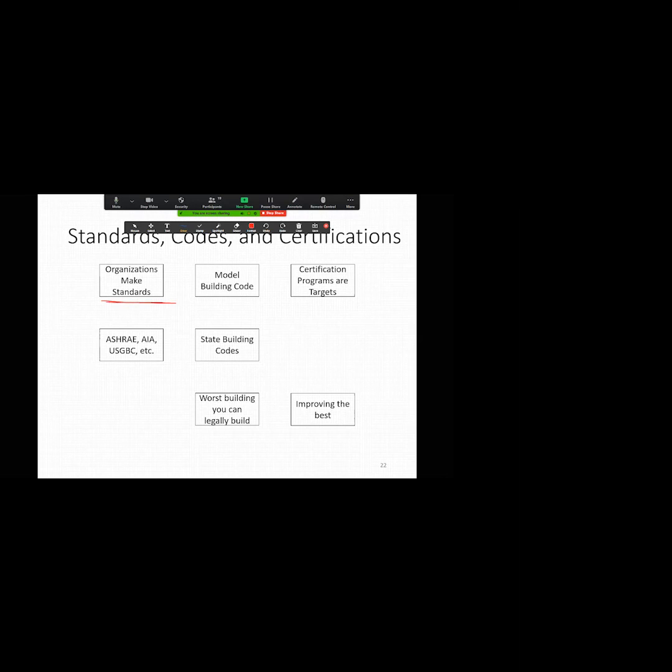So organizations make standards, okay? So these two things are what are going on right here. These two things are closely related. And then organizations like the ICC, the International Code Council,